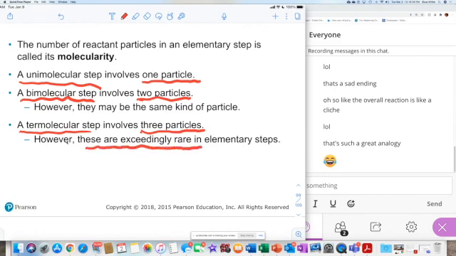What we are saying here is if you have a chemical reaction that has the prerequisite of three specific